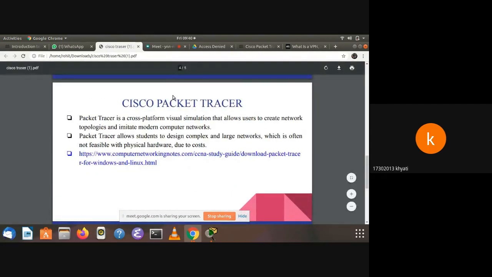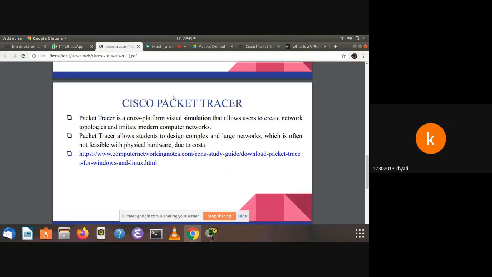We are going to use Cisco Packet Tracer for performing this experiment. Cisco Packet Tracer is a cross-platform virtual simulator that allows users to create network topologies, and students can use it to implement complex and large structures, because it is costly to implement them on physical devices.